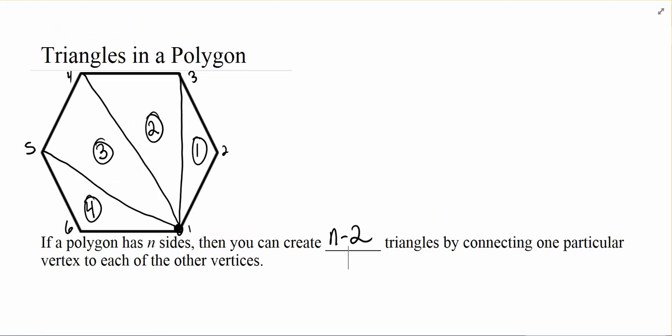Now this should also make sense because I couldn't draw to the first vertex, as we mentioned, because they were already connected. But once I drew to the next one, it kind of cut the shape in half. It created 2 shapes out of it. The next line I drew created 3 shapes. The next line, 4 shapes. So you can see that I was only able to draw 3 lines that created 4 shapes inside.